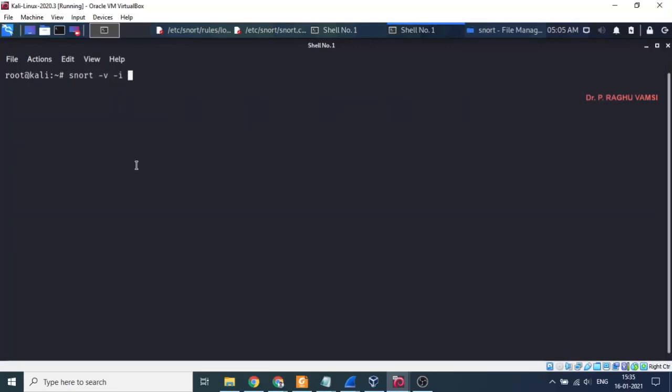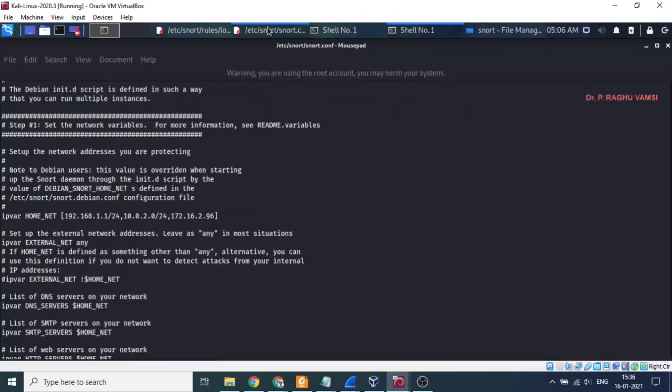-i on the eth1, Ethernet 1. -l is for the logging. Logs will be written to /var/log/snort, and we are supposed to use the configuration script, because in the configuration script, such as snort.conf, we have mentioned 172.16.2.96 as our home network, and other things like checking of the local rules and checking of other filters and preprocessors will be mentioned in this configuration script.